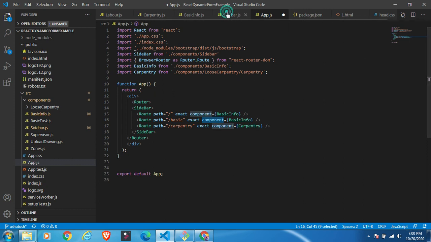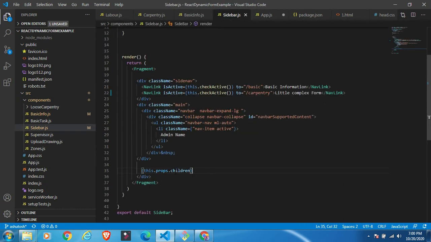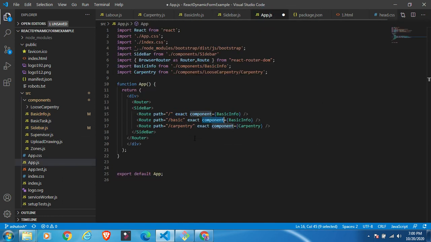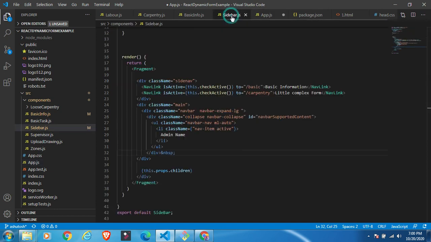It will open here where you have written children, because you are not passing anything as props like a property here. You can also pass it, but if you write something within this component, within this tag, like this is a sidebar, then whatever you write in this particular element will be passed through the props as children.